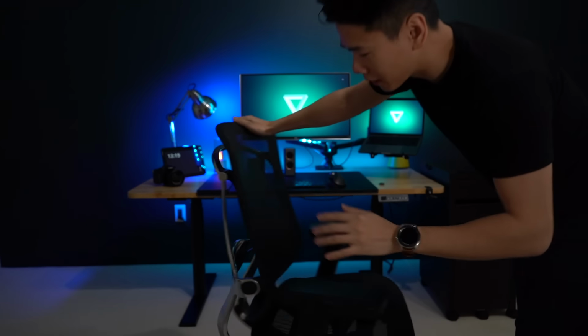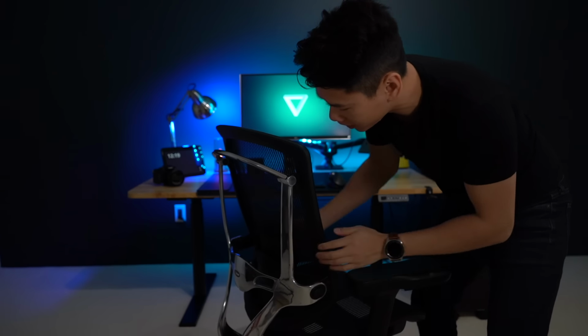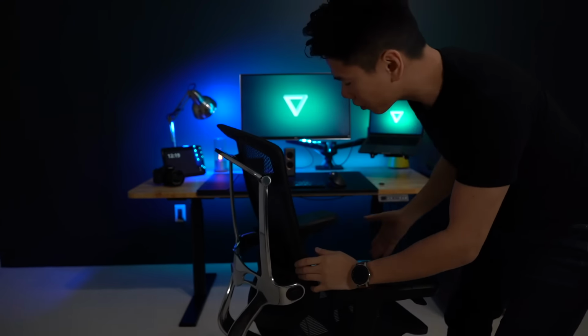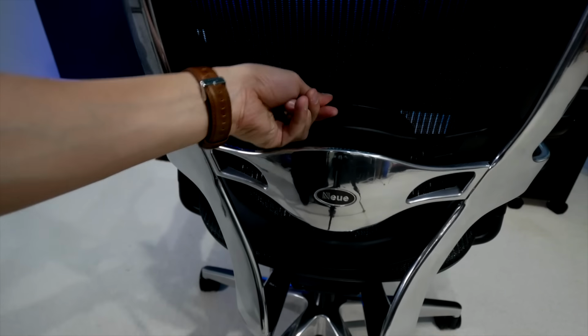And so while the build quality and the comfort is stellar, the main feature of this chair is the ergonomics and how it really makes you sit up straight. So there's a few components that make this happen. First of all, you have your lumbar support integrated into this sexy frame right here. You just have to press both of these buttons to adjust the lumbar support to move into your back or out. And you have the option of moving this up and down so that you can adjust it fully to